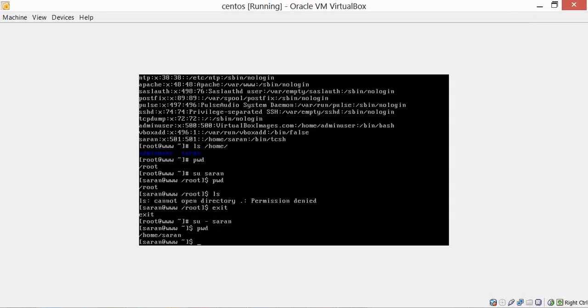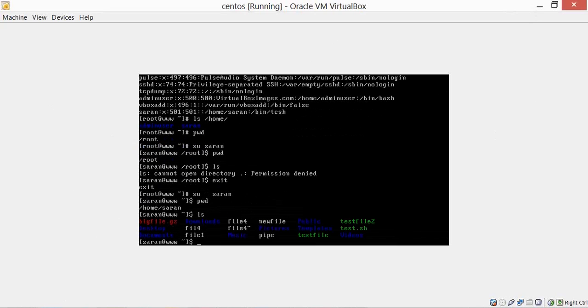Alright, so automatically when you use a hyphen, the user will be taken to his own home directory where he has access to his own contents. You can use this switch user command for now, and I'll tell you how to create sudo users in the other modules. As a sudo user, you can access the root folder as well. There are a lot of admin operations which only the root user can perform and a normal user cannot perform. For example, if you see this command fdisk -l,